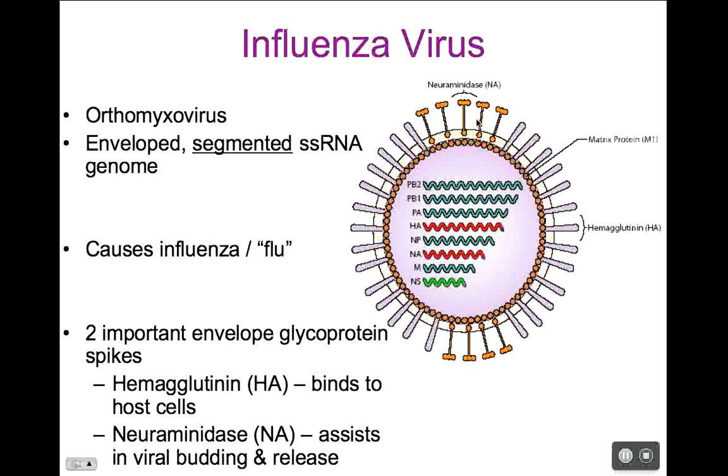Both of those, the genes for each of those are on different segments of the influenza virus. And there are different versions of hemagglutinin, and there are different versions of neuraminidase. In fact, we usually describe influenza viruses according to the type of hemagglutinin they have and the type of neuraminidase they have. So when you hear about influenza H1N1, they're talking about the influenza virus that has hemagglutinin type 1